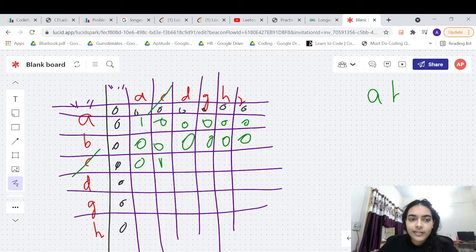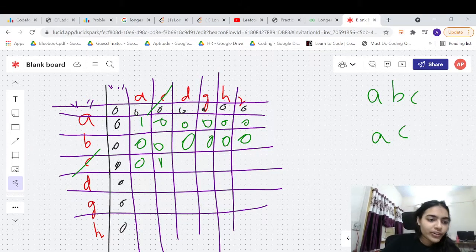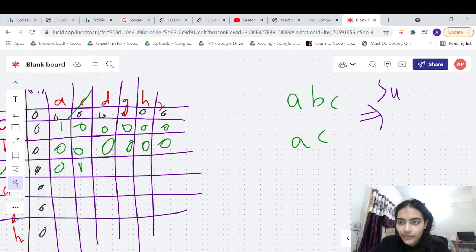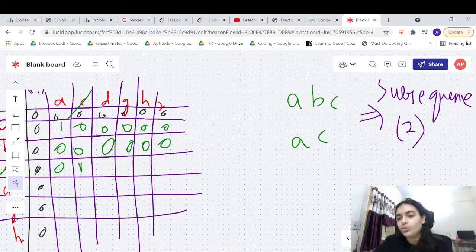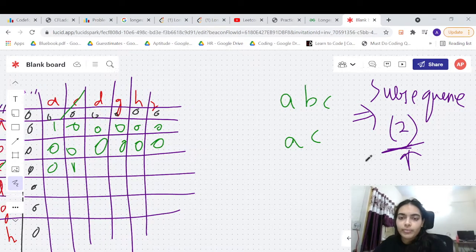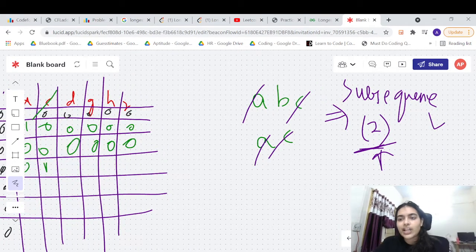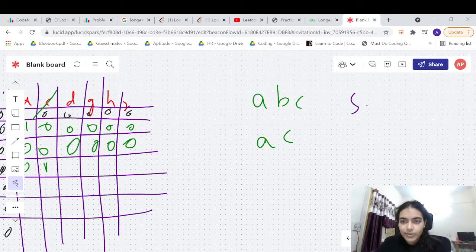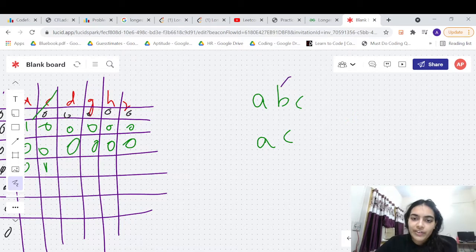Let's try to take this example again. If we had to find subsequence instead of substring, right? The answer for this, when we had subsequence, would have been 2, because AC and AC is a subsequence that is possible. But in this case, we have to find substring. Substring means that if this block is matching, then we will have to look at this block only. We cannot take this A. This A is not allowed. We will have to look here only.